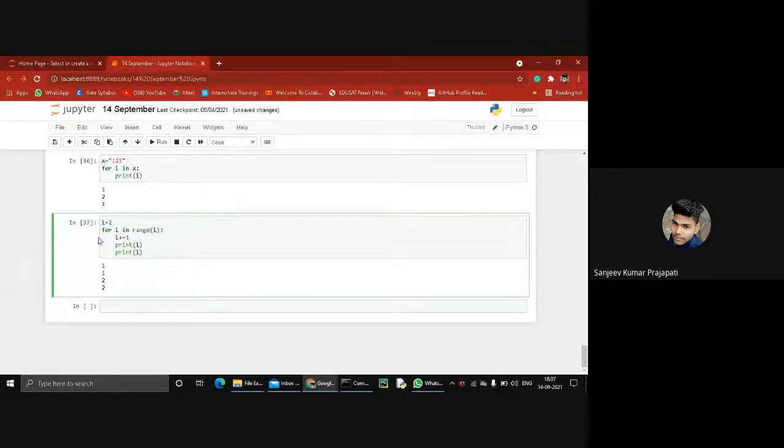So in the initial condition the value of i is 1, then it prints i, so it prints 1, then the next statement is again print i, so again it prints 1. After printing these two statements the value of i is incremented by 1, the value of i is updated to 2, so again it prints 2 in both cases.